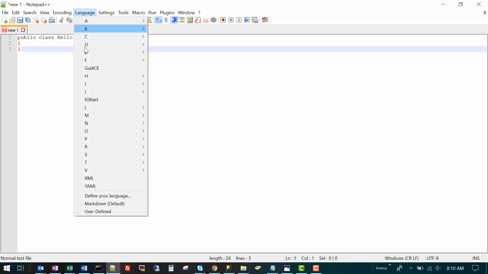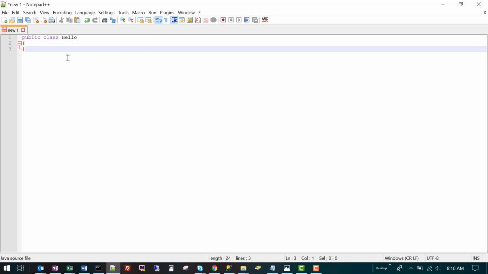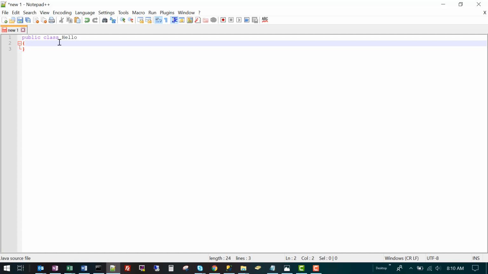In this particular tool, if I go to language and select the language we're writing in, I get a special color coding that can be helpful when I'm working in Java. Knowing that specific elements within the program are colored in specific ways helps me know if I've made any mistakes or not. So I will be turning that on in all of the examples that I do.